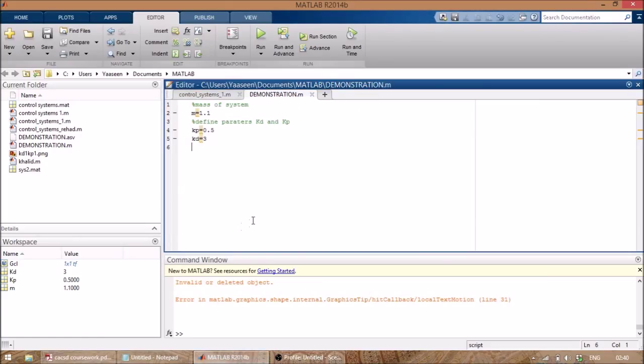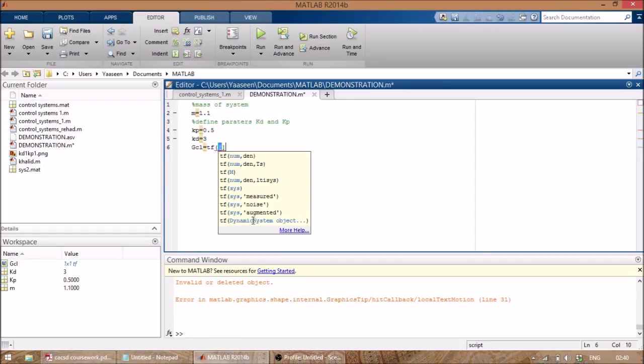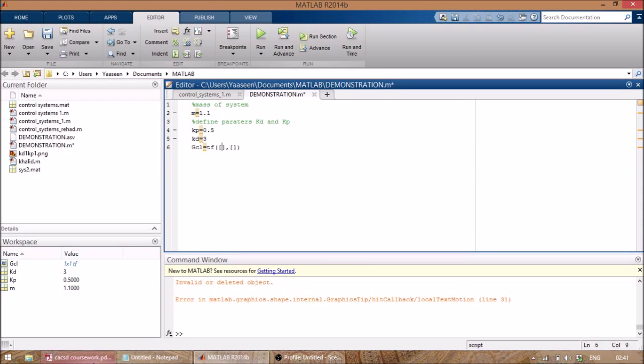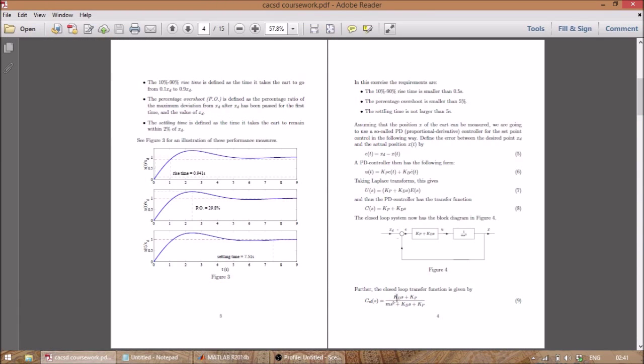So let's start GCL. Let's define it as a transfer function, TF. That's how you begin with it. Open bracket. Then we're going to have the top of the fraction, comma, the bottom of the fraction. Something's going to go inside these square brackets, then close brackets. So in the top we type in the coefficients of this transfer function. KD is a coefficient, KP is a coefficient. So we type in here